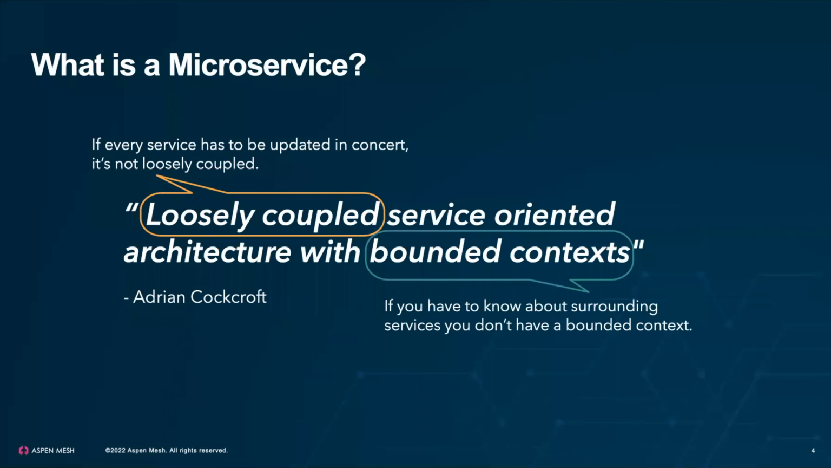The other part of this is bounded context. So the idea with a bounded context is that a service does one thing and one thing very well, and it doesn't concern itself with other parts of the system. And so you have a bounded context if you don't know about your surrounding services. So that means that you don't have to worry about those other services. You just do your one thing and do it very well, and you communicate with them through a contract